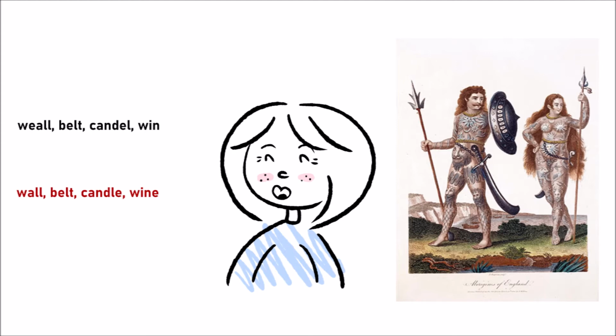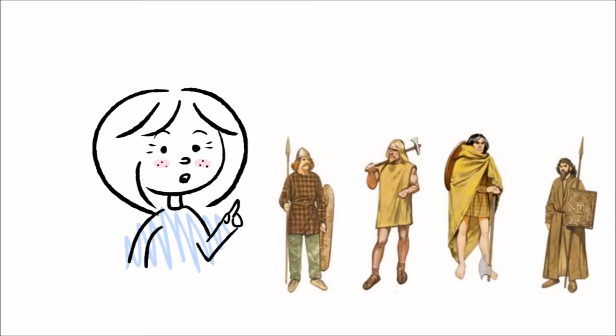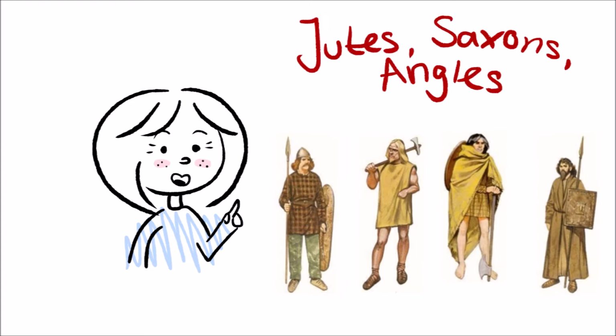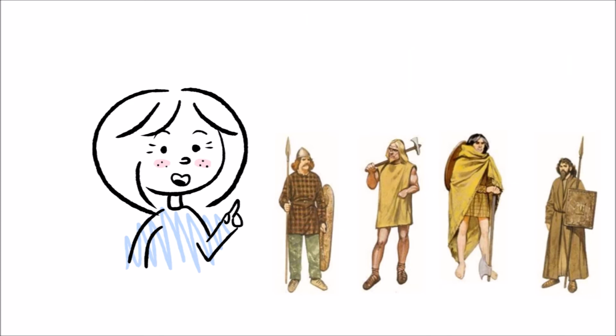thought of Roman culture. In the 5th century, 3 Germanic tribes arrived from what is nowadays Denmark: the Jutes, Saxons, and Angles. They might sound familiar as the Anglo-Saxons derived from them. These tribes pushed the Celts into Cumbria, Wales, and Cornwall, which led to the evolution of the Cumbric, Welsh, and